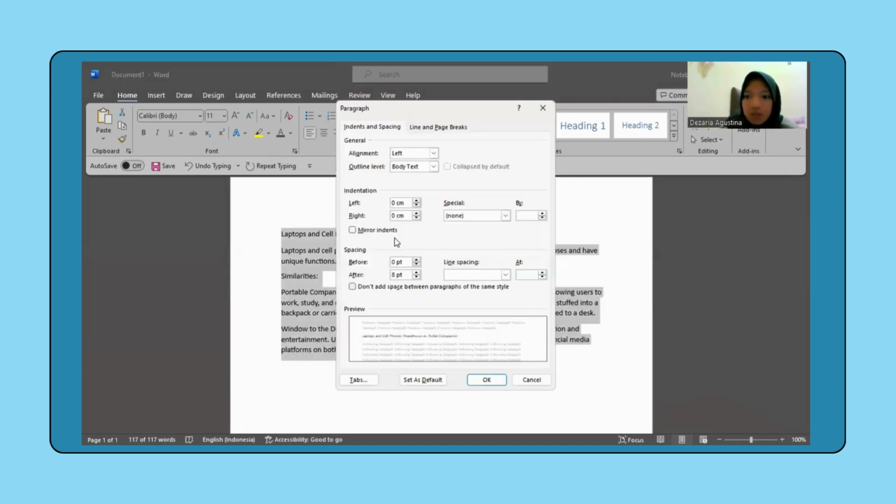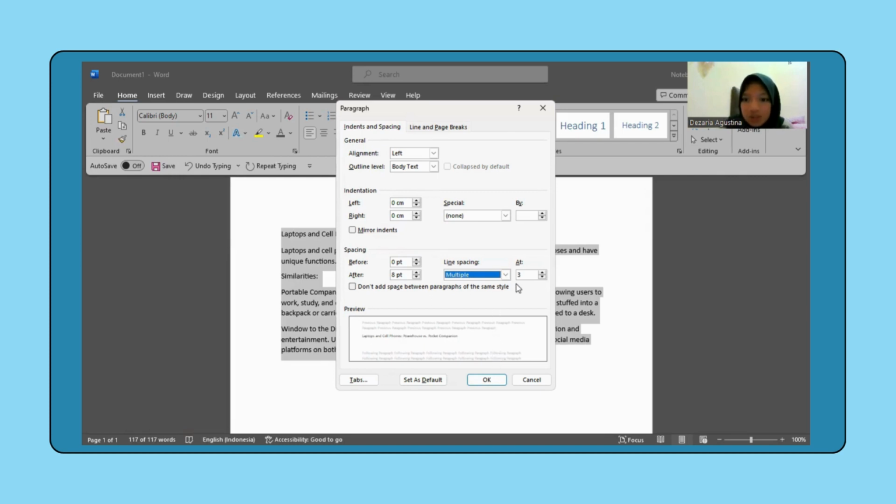There are two things you can change: the line spacing mode and the amount. When the mode is set to Multiple, like this, you can type the number of line spacing you want.